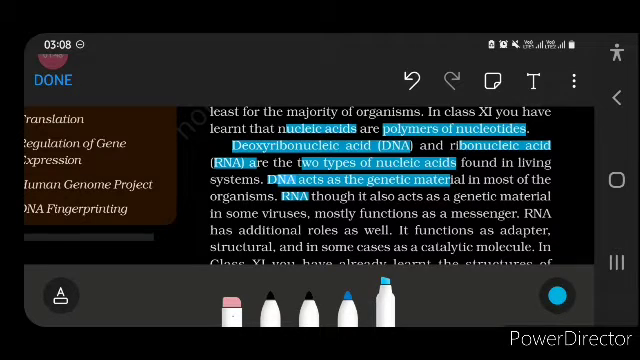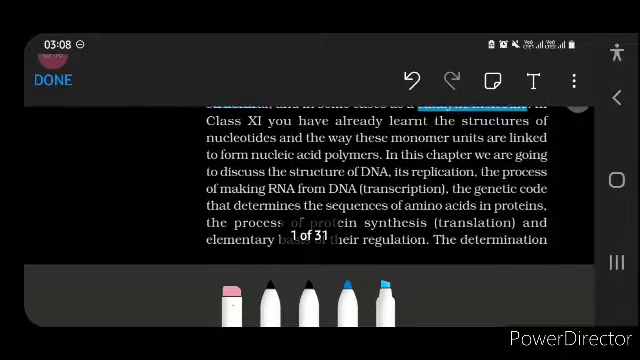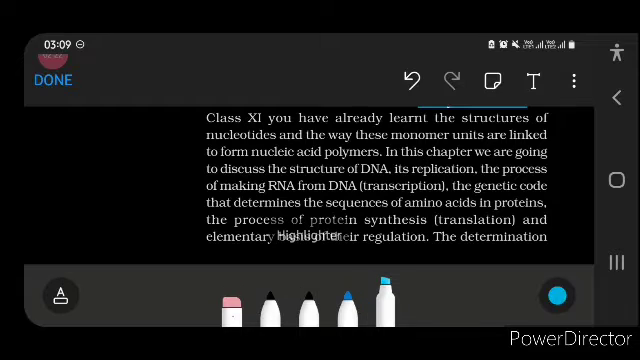RNA, though it also acts as genetic material in some viruses, mostly functions as messenger. RNA has additional roles as well. It functions as adapter, structural, and in some cases as catalytic molecule. In class 11, you have already learned the structure of nucleotides and the way these monomer units are linked to form nucleic acid polymers. In this chapter, we are going to discuss the structure of DNA, its replication,